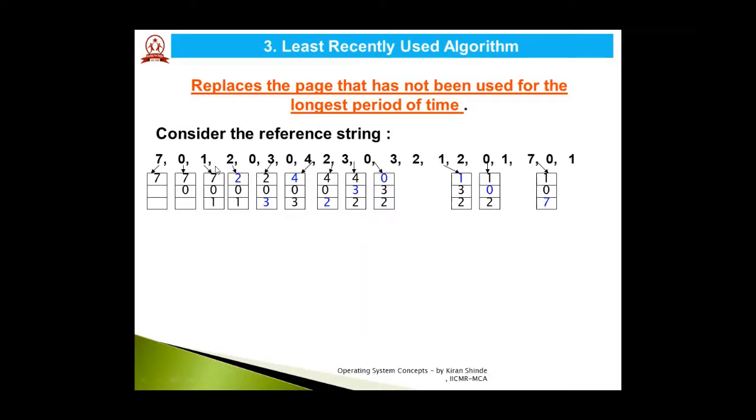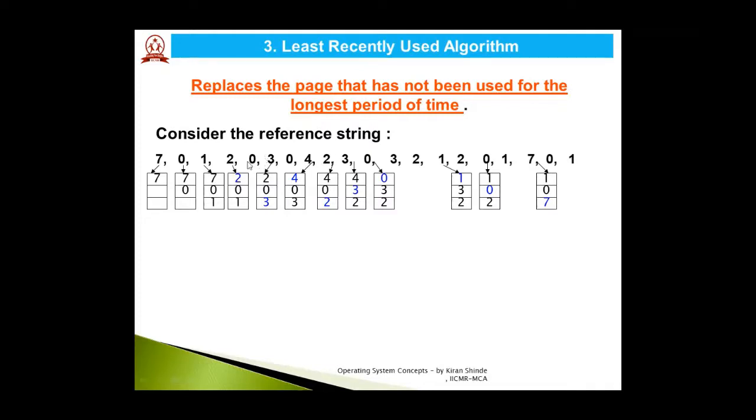So let us see, or rather let us try to find it out by scanning this particular memory reference string in the backward direction. See, I'm taking a significant pause here. In optimal page replacement, we used to scan the reference string in the forward direction. But in least recently used algorithm, we are scanning the string in the backward direction. सो कंपेयर 701, इसमें से कौन सा ऐसा पेज है जो बहुत पहले यूज हो चुका है? ऑब्वियसली दैट इज पेज 7. So in order to bring page number 2 into the memory, page number 7 is replaced, right?